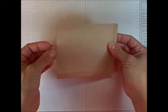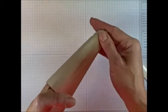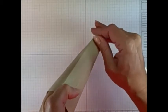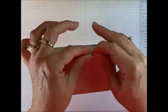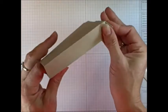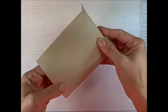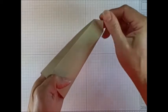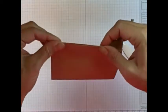I just stick my hand down inside the envelope and just start to work the edges of your score lines, going down the edge, and begin to grab this little triangle that's formed and just crease it. And I come back and work my edges. You can kind of see it starts to look like a paper shopping sack. Got that triangle nice and crisp. Turn it over to the other side and do the same thing. Just work your edges down so the creases are nice and crisp. Take that triangle, hold things down,